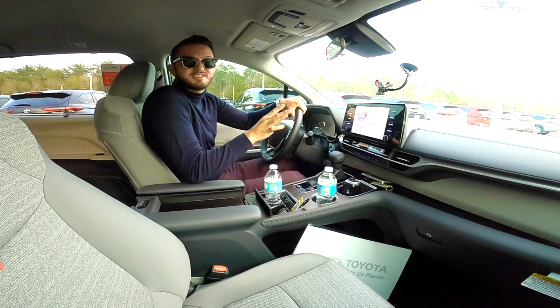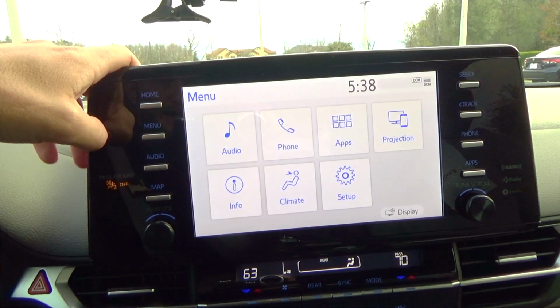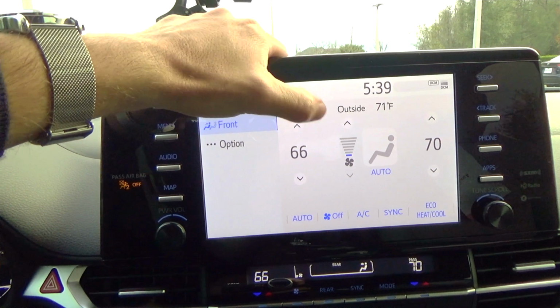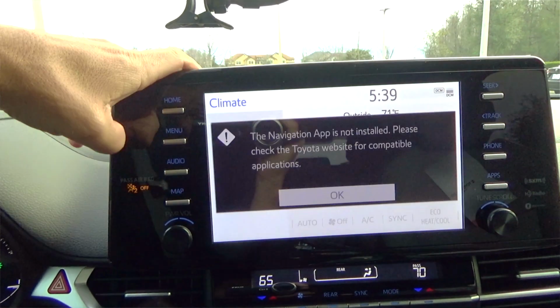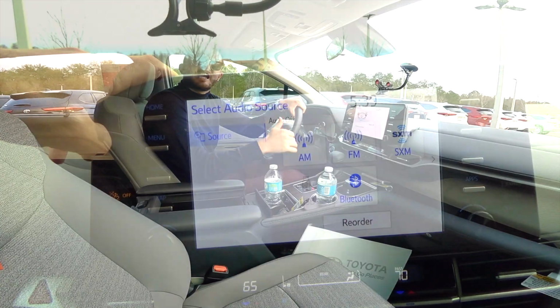6-speaker audio sound system. This is an 8-inch infotainment screen. We do not have the navigation, but it is a touch-driven screen. You will have your HD radio and your Sirius XM. It's a full cloth headliner and full cloth upholstery, Bluetooth connectivity, your smartphone device integrated as we go into the